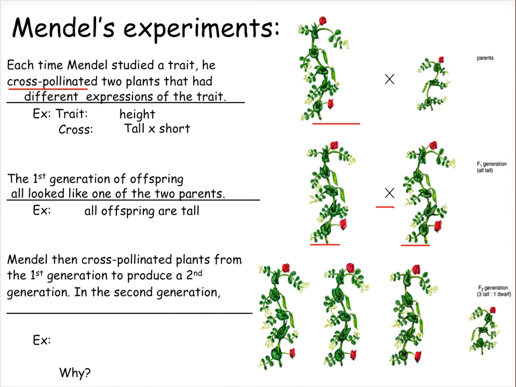And interestingly, in the second generation, no matter what trait he was studying, whether it was height or pea pod color or flower color, he would always find the traits appearing in a 3-to-1 ratio. So for example, we see here that even though all the parents of these offspring are tall,